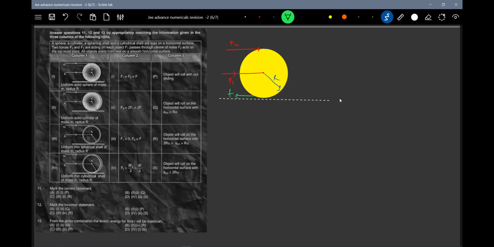There are only two choices for us. Friction should be forward or backward here. If I assume it backward, no problem, because no slipping will occur. Object will roll on. Object will roll without sliding. Okay, that also we should verify. Friction, shall I assume backward or forward? I think there's the one biggest headache we have.